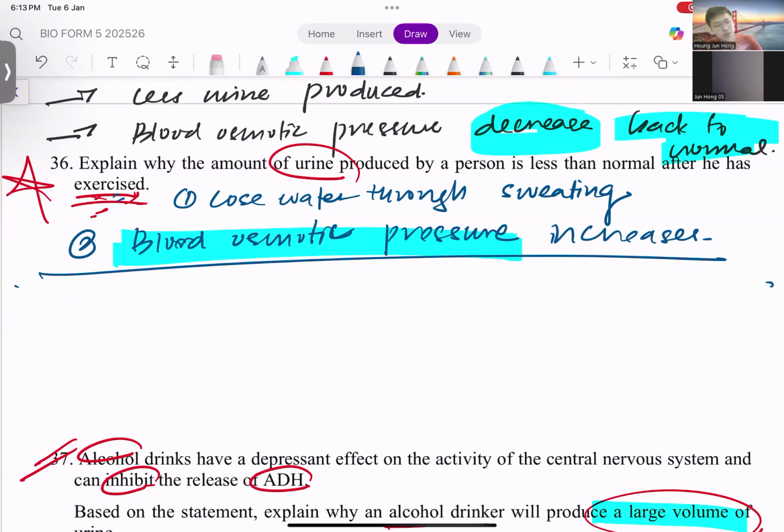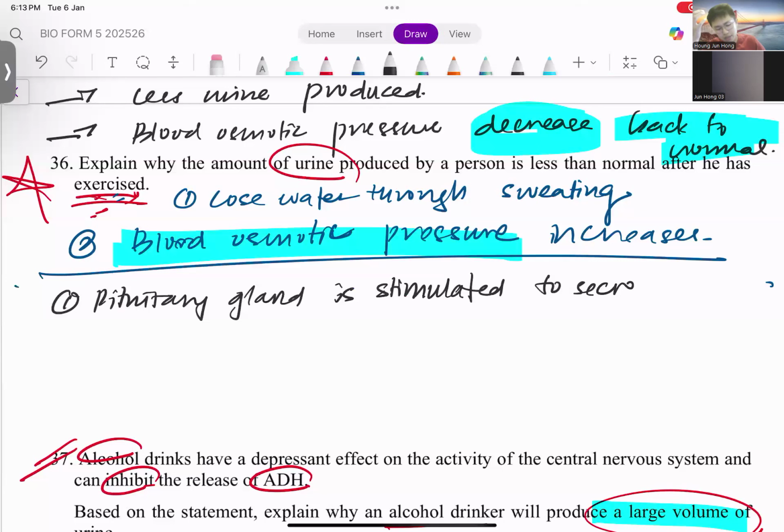I think moving on, it should be quite simple. You lose water, so you are supposed to reabsorb water. So how do you reabsorb water? The pituitary gland is stimulated to secrete more ADH. That will be better, because it should secrete all the time, but in abnormal cases like this, you should secrete more. That's the difference. Then again, the very standard typical answer: two of your components would be more permeable, the distal convoluted tubule